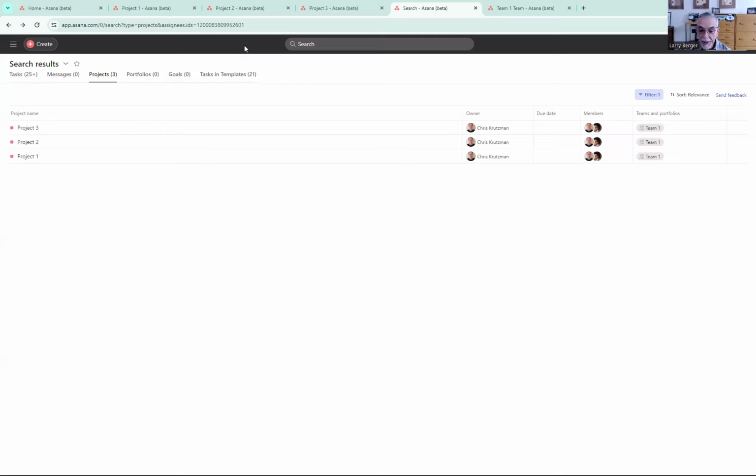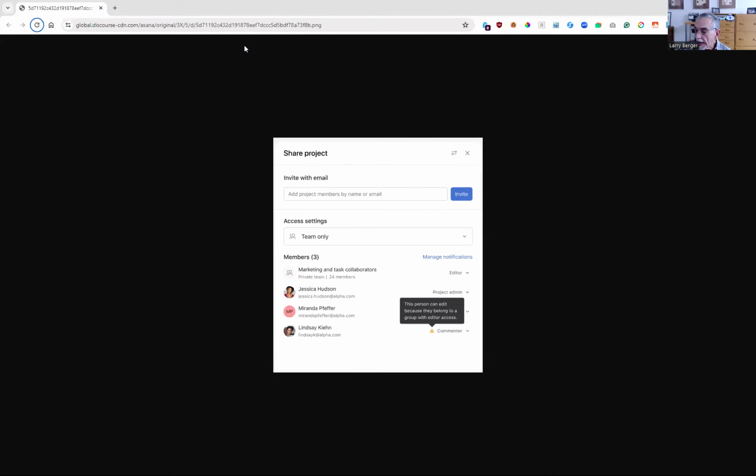So previously, if they had commenter access, but the default was editor access, then they're now going to have editor access. Now, after April 30th, you're going to see they leave behind a remnant.